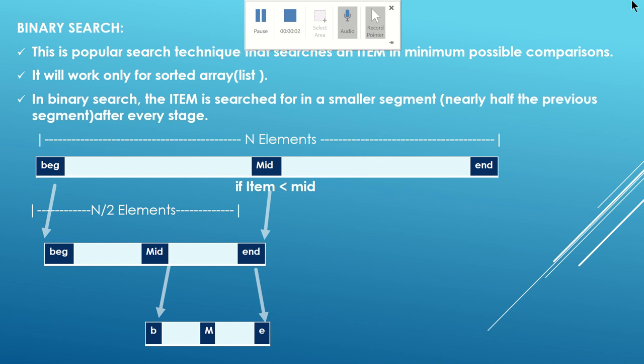So the next recursive program that we are going to understand is the binary search algorithm. Before we get into the program, first you must understand what binary search is. There are two very famous searching techniques available, which are linear search and then binary search. So what is linear search?